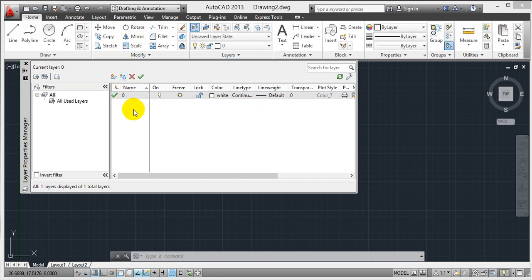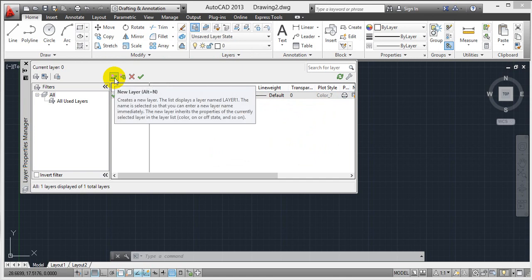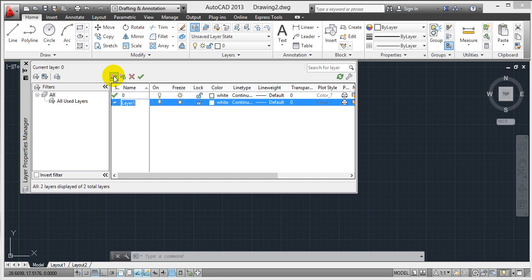For new layers we have an option here. New layer, Alt plus N. No need to press Alt plus N, simply type here new layer, enter. Okay, new layer is entered. So here you have to write a specific name for the layer. For example, we need the gas line type. I am writing here